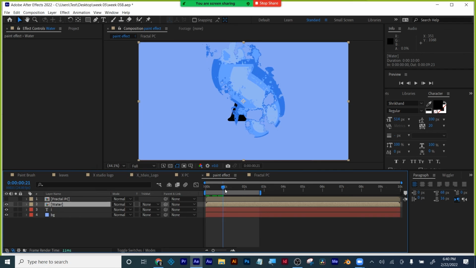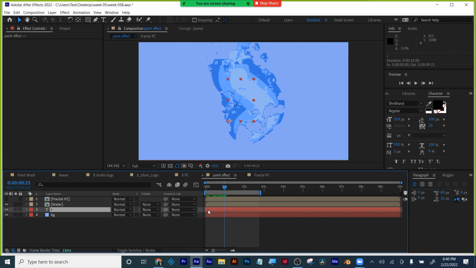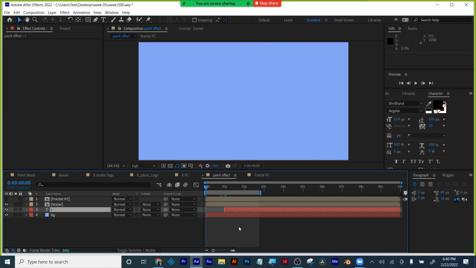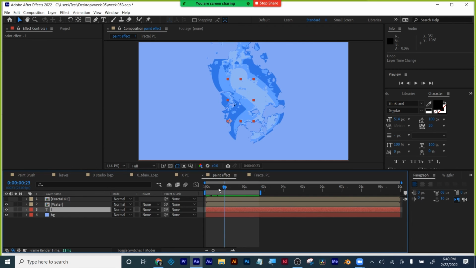And one thing I could do is right here when it's fully covered, I could just trim that layer with Alt and the bracket next to the P. So now it looks like it was revealed that way. That's one thing I could do. Another thing I could do is